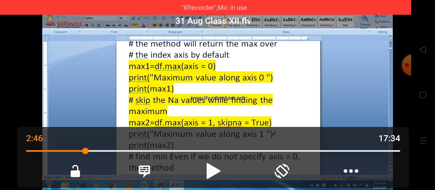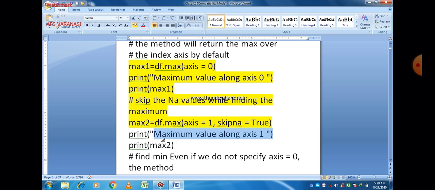And then there is a print statement which basically finds out the maximum value along axis 1, print max2.